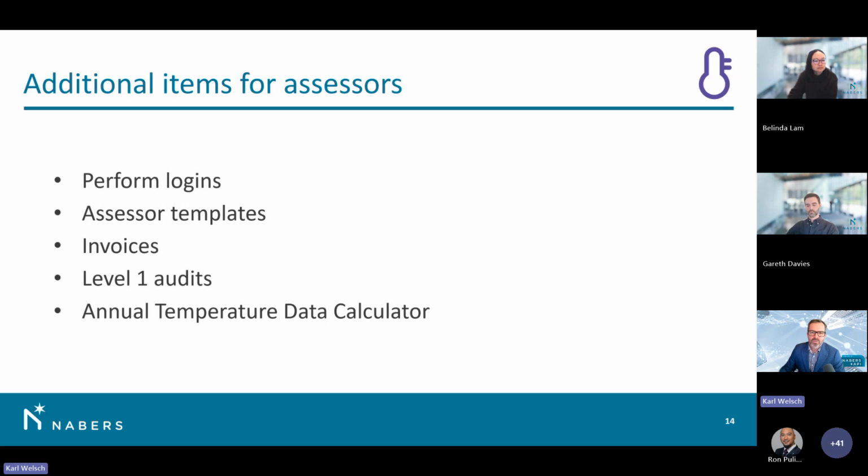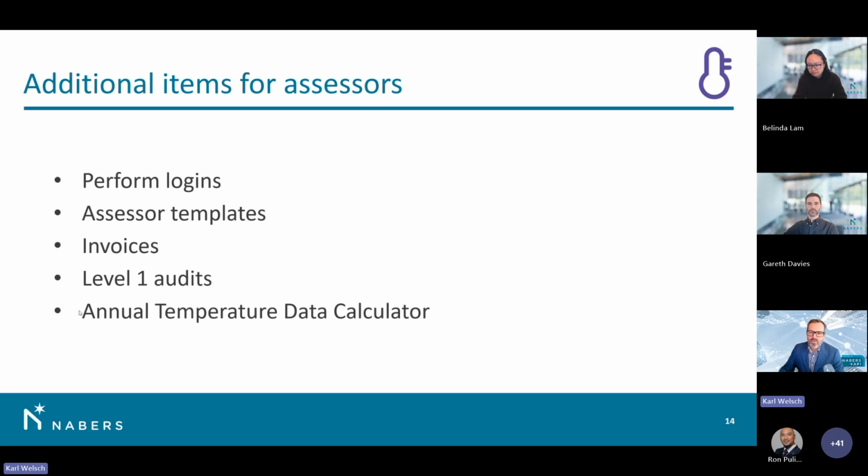And moving on to level 1 audit. So as I mentioned, we'll still obviously be doing level 1 audits to ensure the data is being lodged in alignment with the rules. There's several improvements to the way that Perform captures and validates data, such as those extra fields to capture your floor selection method. So this should reduce the need for some of the questions that are asked in level 1 audits. So again, an improvement in efficiency there.